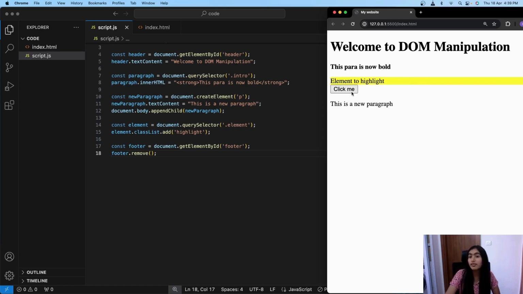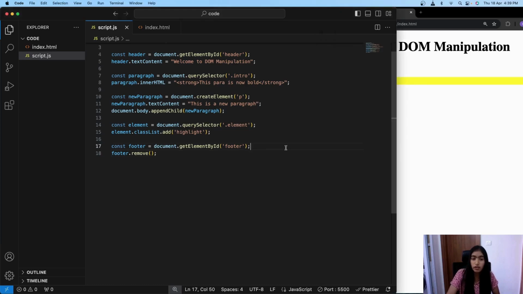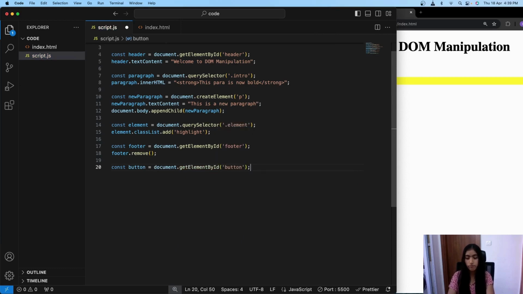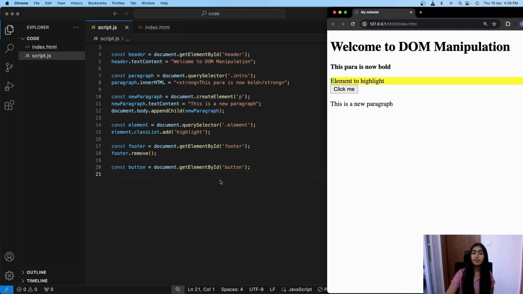Now how to make this usable? First of all, let's do the basic thing by selecting the button. So const button equals document, and the ID is button. Now you can see we've selected the button.